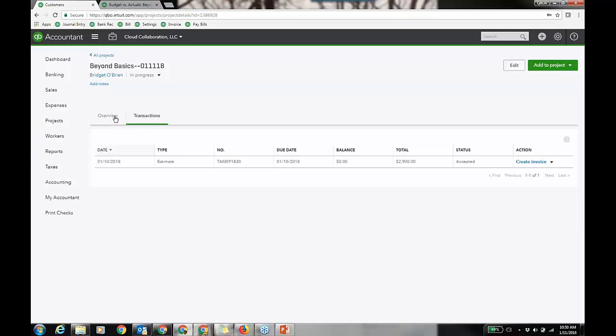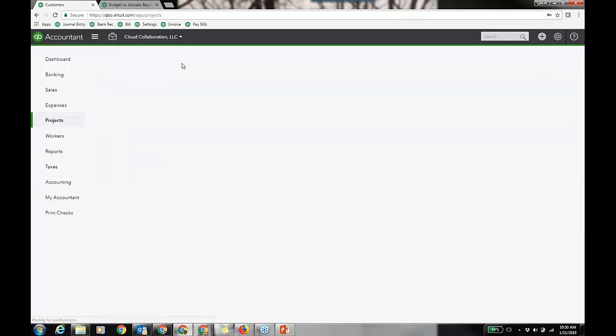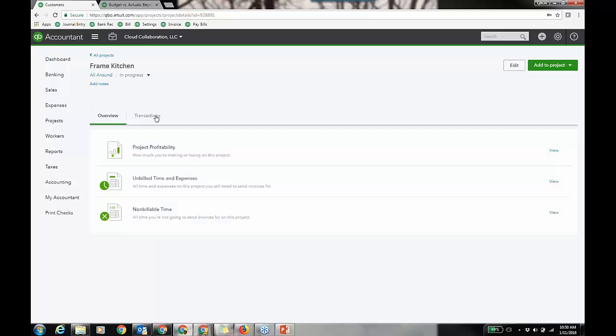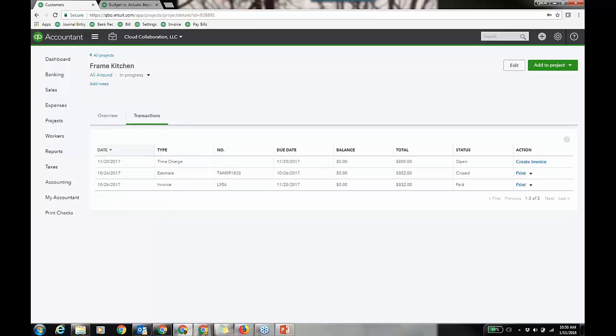Still that one. Oh, I think I might have tagged the wrong job. That could be possible. Let me show this, though. I'll go back to job 26, or the frame kitchen. This is what it would look like if you're using the project center: you'd see the transactions linked to it, the invoice, the estimate, time charge, any